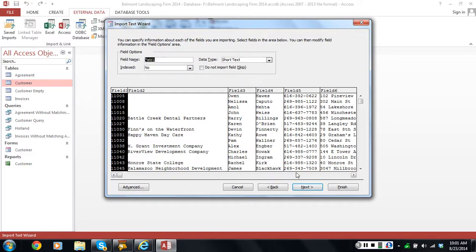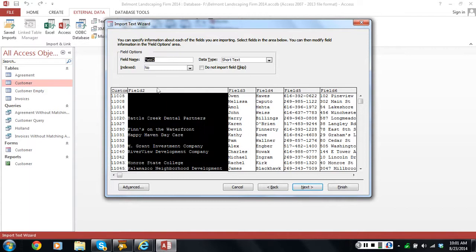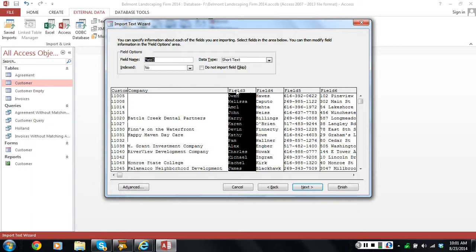Now in this case, different from the spreadsheet, a lot of the text files often do not have a top row that's going to give you what you need. So we have to come across here and we have to change the field names. I'm going to click on field 1. That is going to be, in this case, the customer number, which they called it. We click on field 2, and that is the company that Belmont Landscaping helps. Click on field 3, and that is going to be the contact